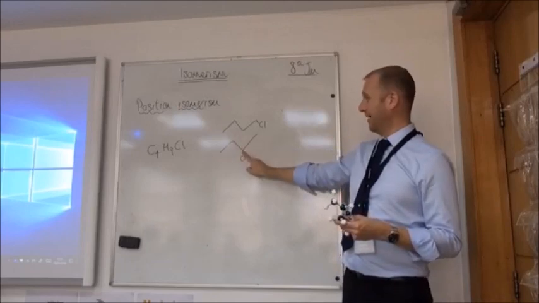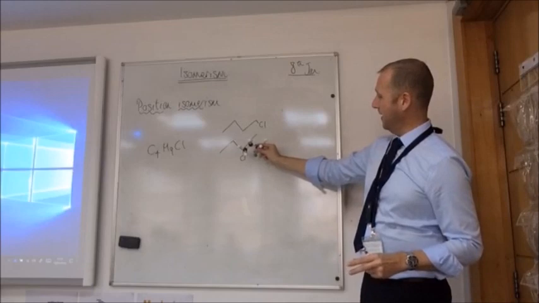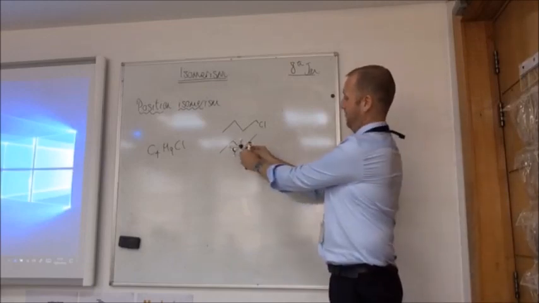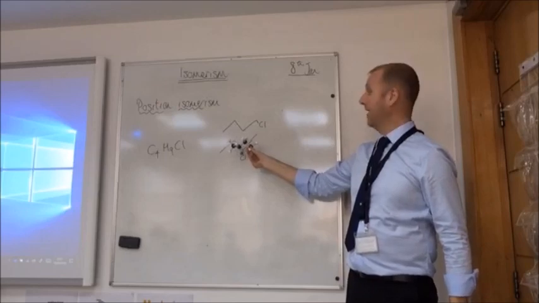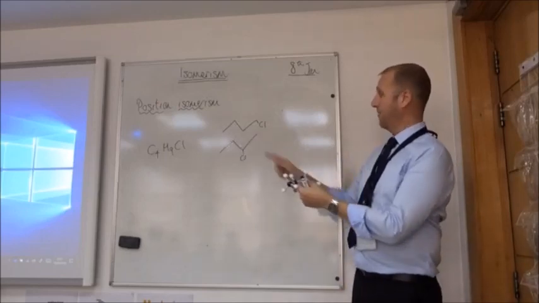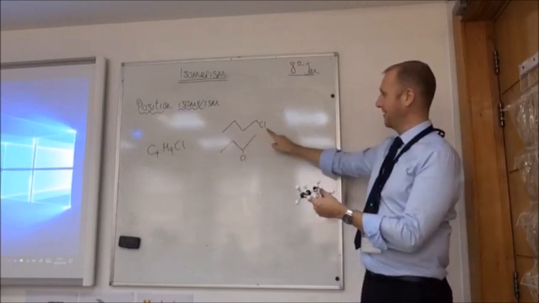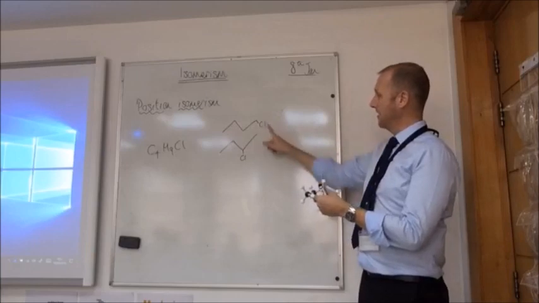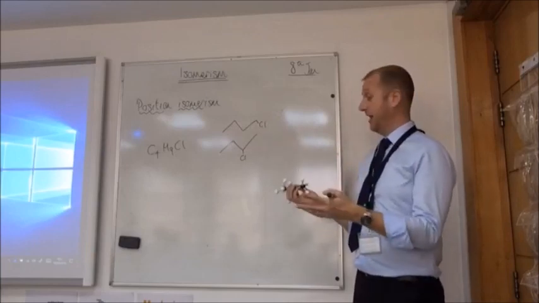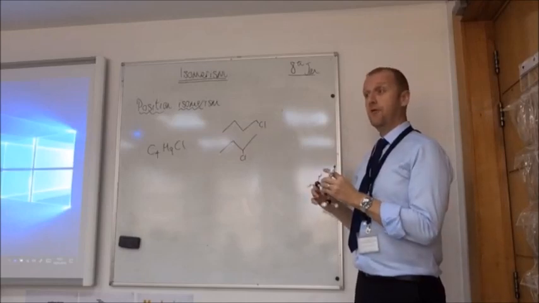It's the same as this one. It's the same as just... So there I've got that one. If I just flip it around, like that, it's exactly the same. And likewise, if I move the chlorine to here, it's exactly the same as this one. Okay? So there's 2 isomers like that with a straight chain, but with C4 I can also make a branch